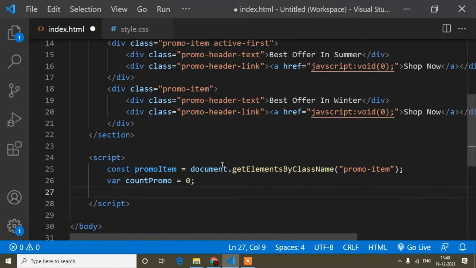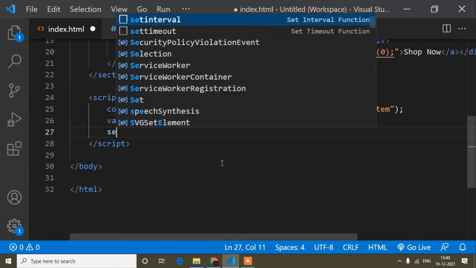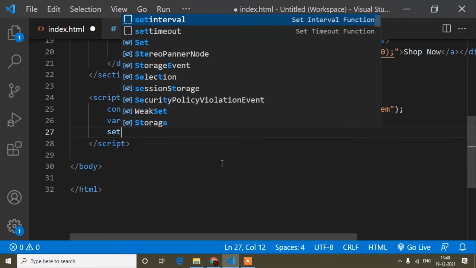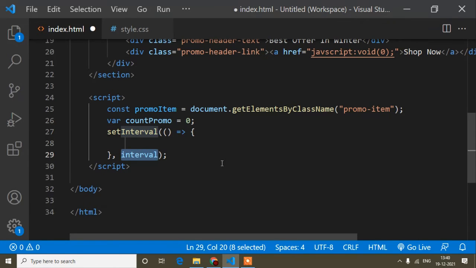Okay, and now guys one thing I want to show, setInterval. setInterval is a JavaScript default method. You can see I is capital in setInterval. Okay, and then the syntax is like this. Inside this interval, you have to write the time, how often you want to call your function.